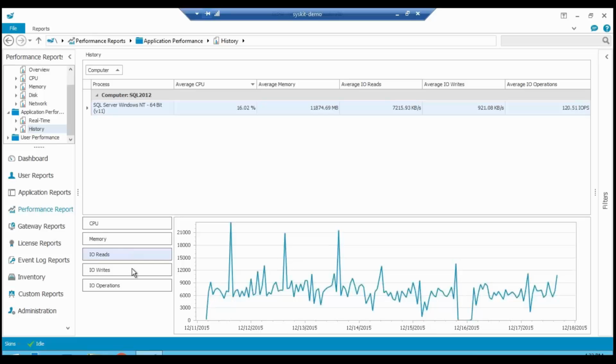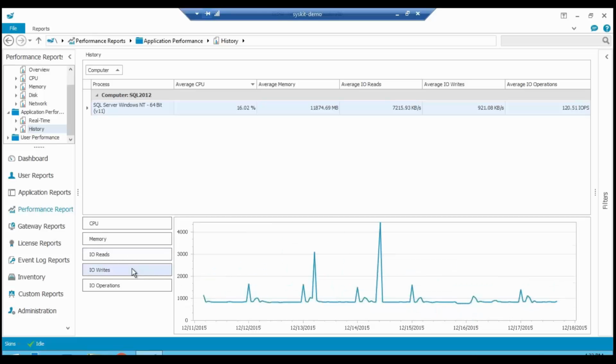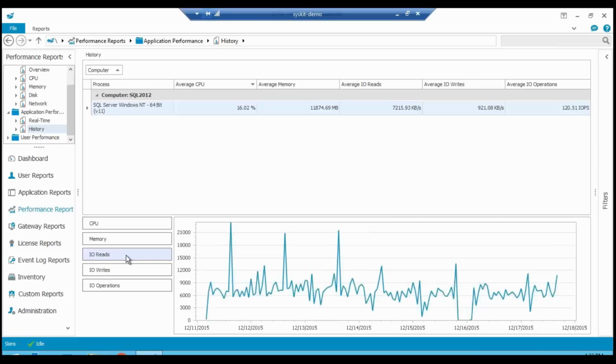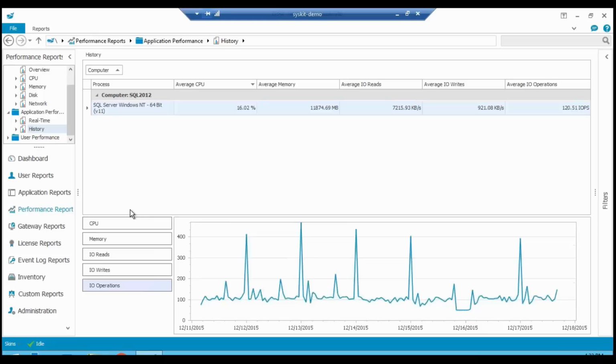When there is a lot of activity, SQL Server is performing a lot of writes and reads, and in this case it seems that this server is serving databases that are more commonly being read than written to. So this helps me troubleshoot. When somebody says my SQL Server is slow, the first thing that you need to check are these key metrics like CPU, memory, and disk activities